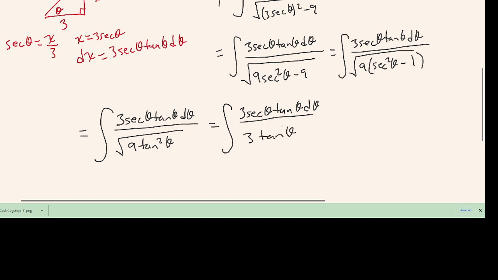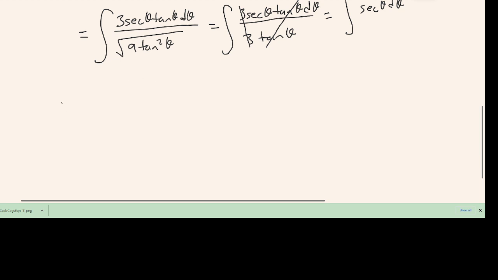And this is convenient because the tangent theta and the 3 will cancel. So the integral will finally be left as secant theta d theta,